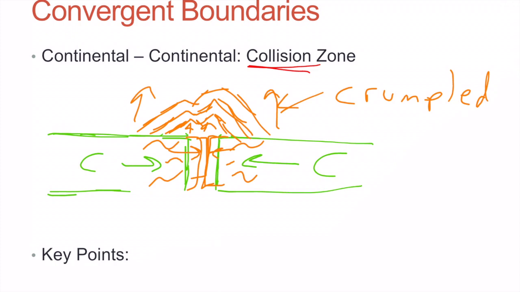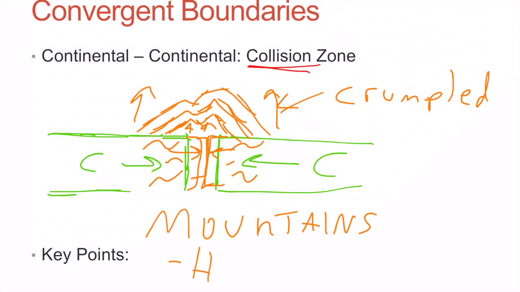Okay, and what do we call these really, really high areas of landscape? These are called mountains. So this is how our really tall mountains that we see around the world today are formed. These are places like the Himalayan mountains in Asia. These are the tallest mountains in the world right now. They're formed from this. Okay, the Rocky Mountains out west were formed the same way. Okay, the Appalachian Mountains over here on the East Coast,